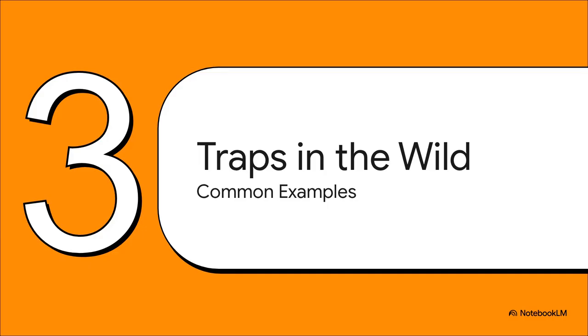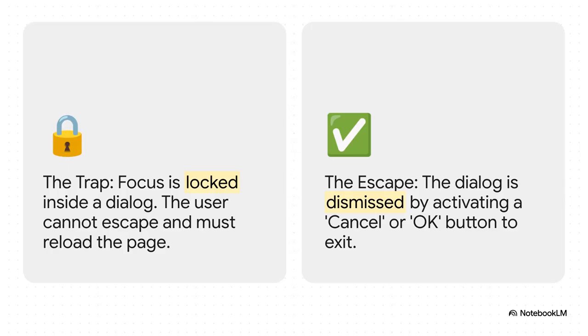All right, so where do these annoying traps tend to pop up? Let's go on a little hunt and look at some of the usual suspects you'll find out there in the wild. This way, you'll know exactly what to look for. Okay, culprit number one, the modal dialog box. Those pop-ups. In the bad version, the trap, your focus is just stuck inside. You can't get out. But in the good, accessible version, you've got options, you've got exits. You can hit the escape key, or you can just tab over to the OK or cancel button